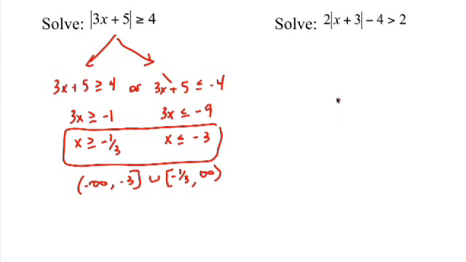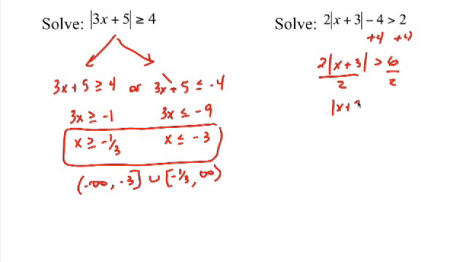All right, this next problem over here, you'll notice that the absolute value part is not isolated. Matter of fact, we have two pieces to it that are on the left-hand side. So to start this problem, you're first going to add 4 to both sides, which will give you the equation 2 absolute value of x plus 3 is greater than 6, and then divide both sides by 2. So now you have absolute value of x plus 3 is greater than 3. And now it's safe to go ahead and rewrite it in terms of the other two equations.